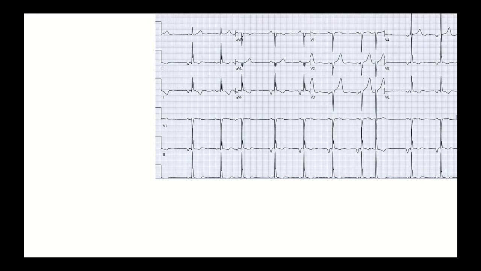This ECG has irregular RR intervals, right? So these are not equally spaced. If we were to count them up, 1, 2, 3, 4, 5, 6, 7, 8, 9, 10, heart rate somewhere in the 60s. The rhythm is irregular, it is chaotic, but we have these deflections right before most